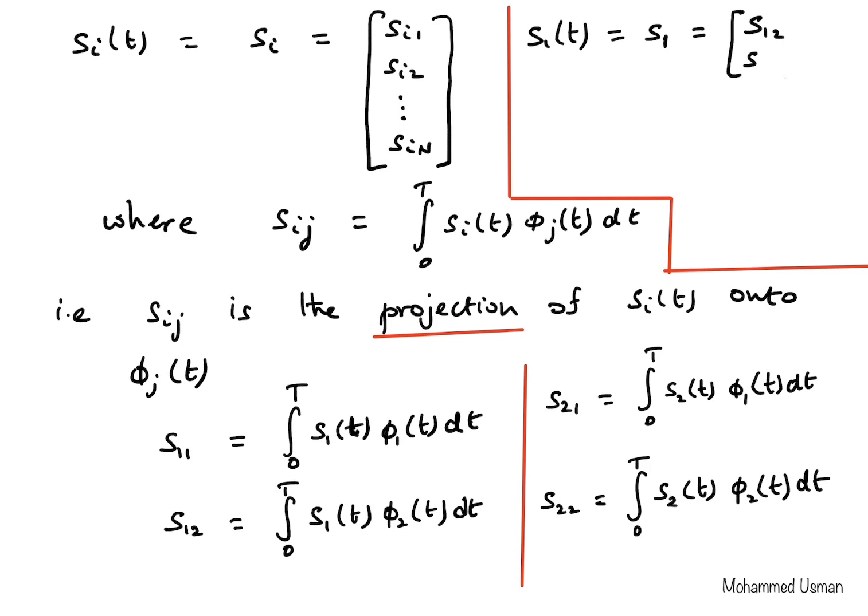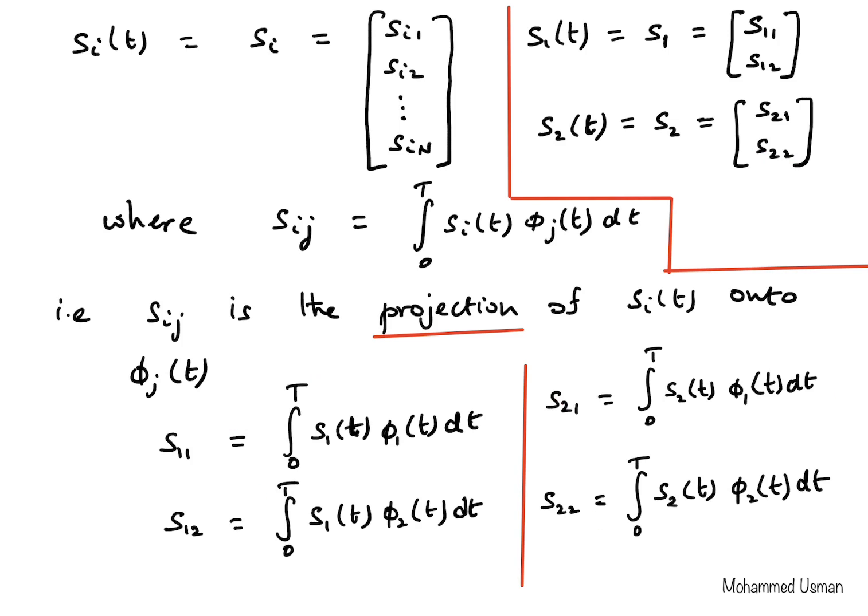So we have our signal S1 of t represented as a vector in a two-dimensional space, and similarly we can represent S2 of t as a two-dimensional vector S2, with elements S21 and S22,